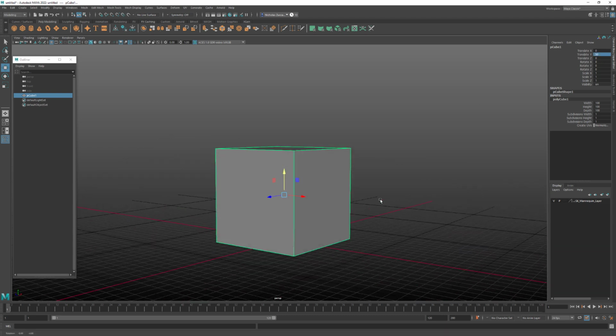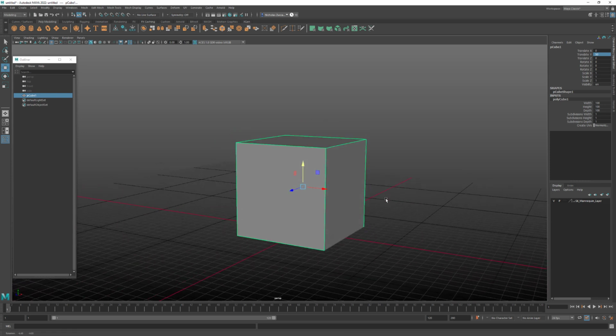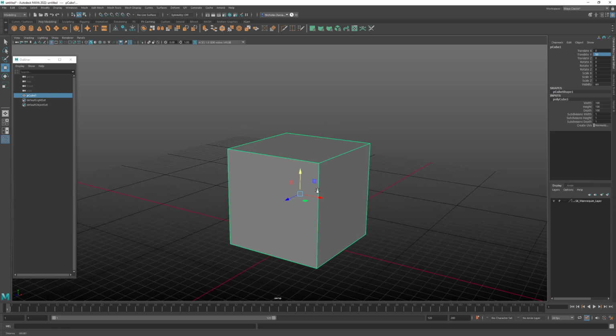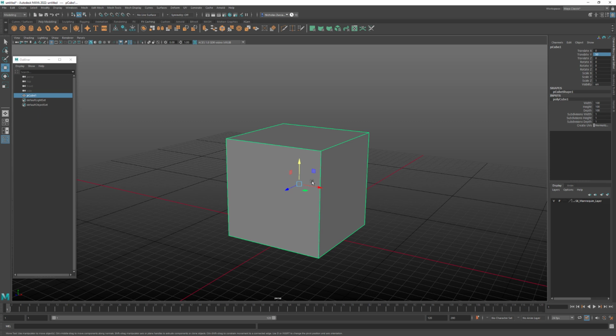And then the next thing that I'm going to do is we could keep the pivot point right in the middle like this. I'm going to tell you a little bit about how you can move pivot points. So if you tap D, you can put Maya in a mode where now you're moving and manipulating the pivot point. And if you hold down V, you can turn on vert snap temporarily. So I'm just holding down V, and if I click and I drag here in the corner,